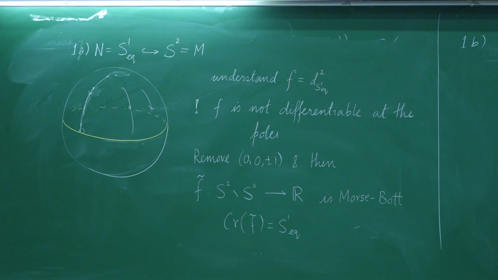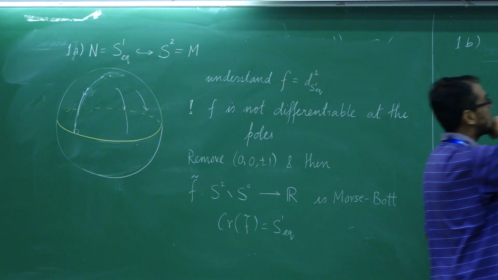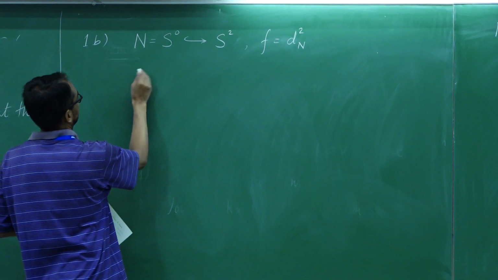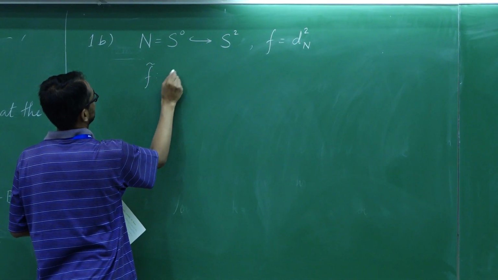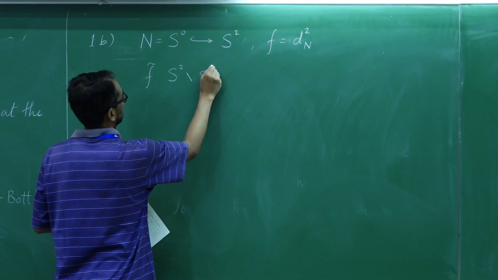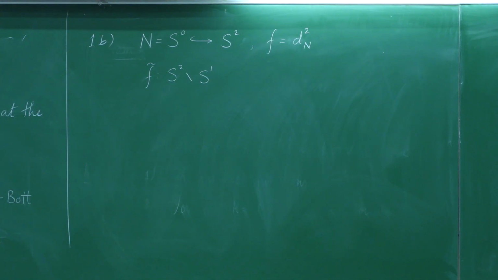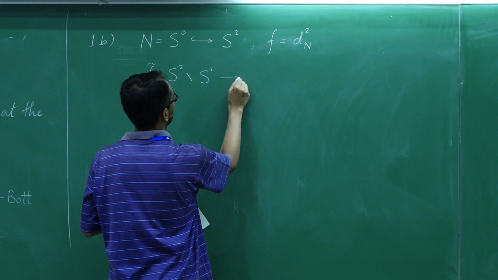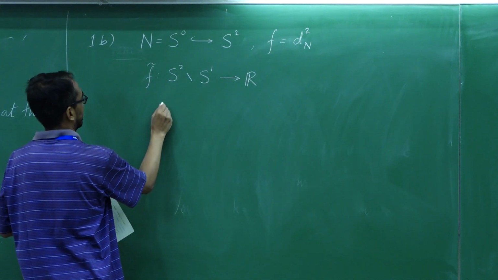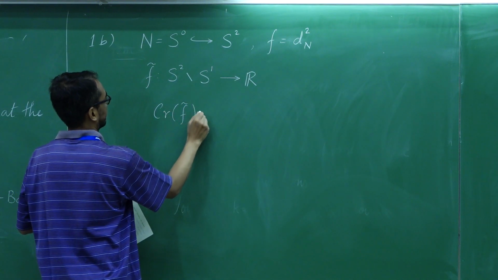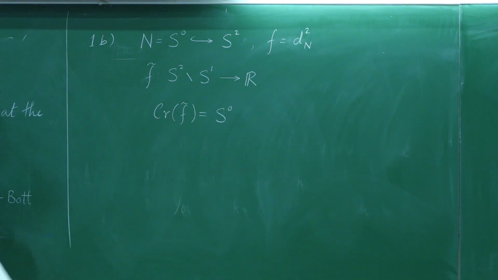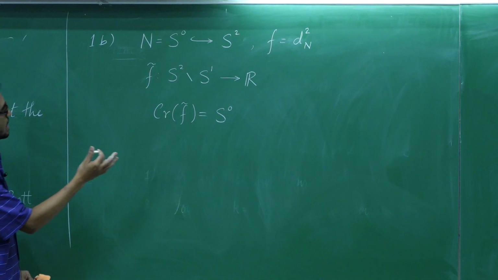So F is... here again you can check that F is equal to S2 minus the equator. The equator is going to be the bad one, where you lack differentiability. Remove that, and you still have a function. This is just a restriction. And the critical set, or the critical locus, is this. Again, what is this saying? If at all it's saying anything, it's saying that if you